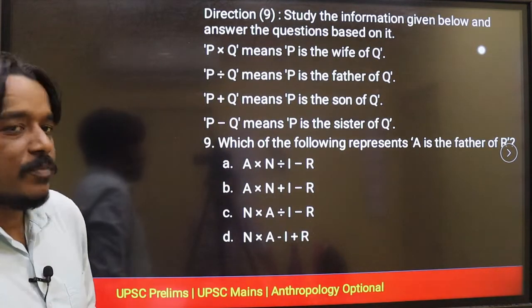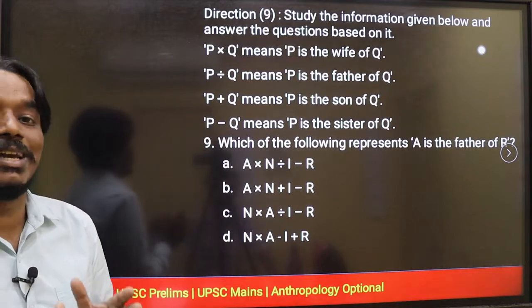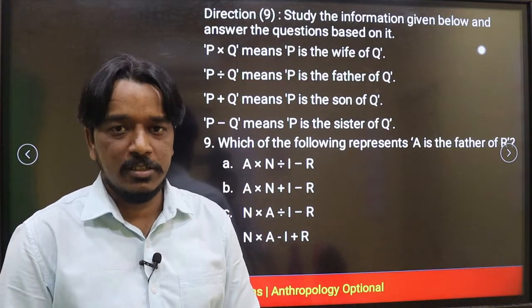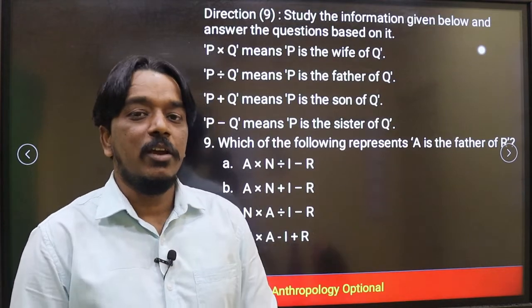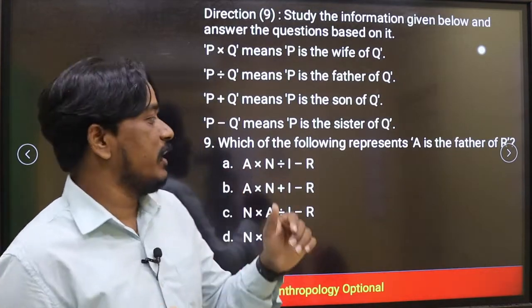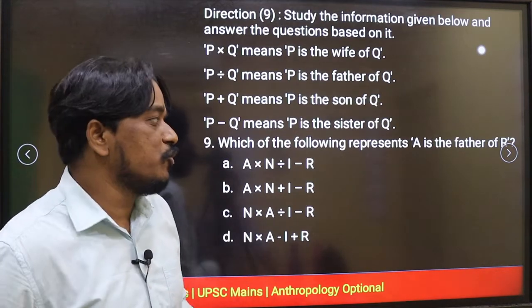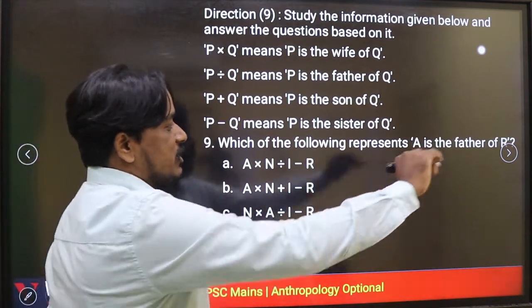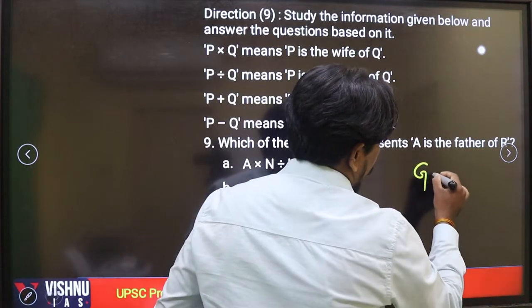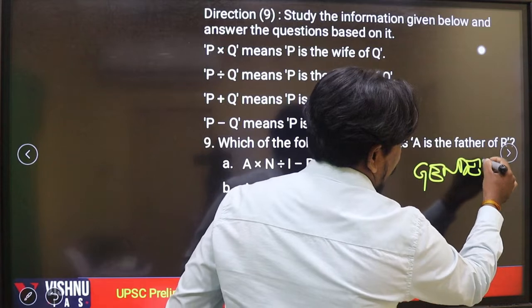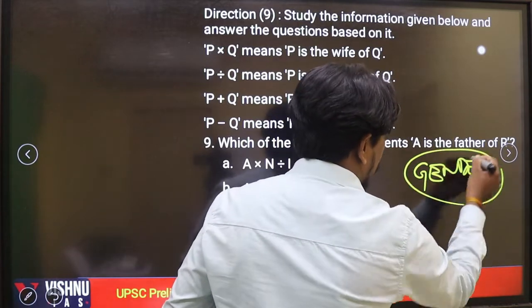Let's see another different type of questions from blood relations. Very important model. These types of questions we can generally call coded blood relations. Whenever we are solving coded blood relations, you can follow the family tree method directly also. For the given data we have to draw the family tree. But other than that we have to focus on the gender and generation techniques. Gender techniques are particularly very important. First you have to focus on this.